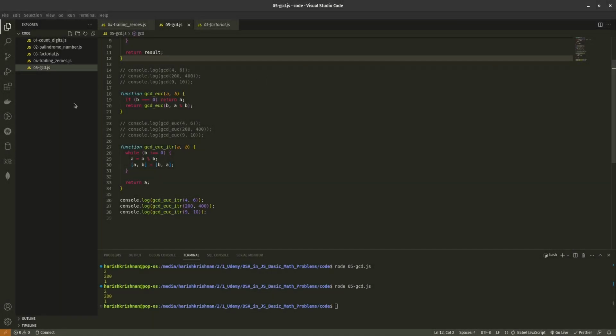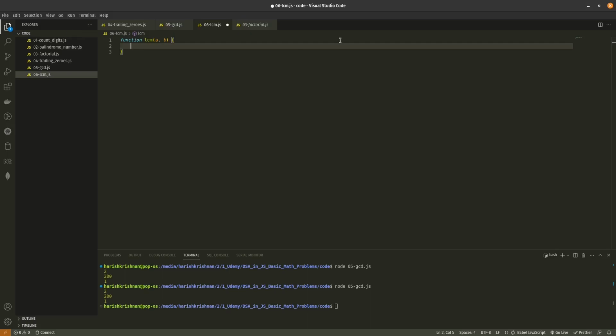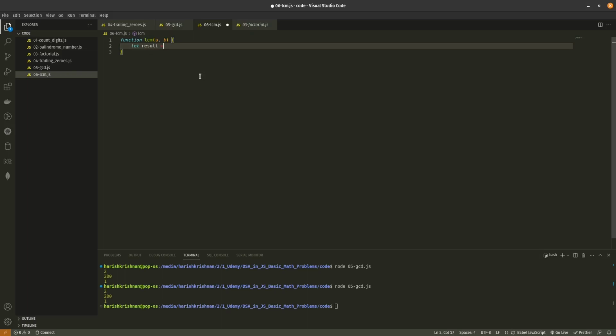Let's try to solve it in a naive way. Let me create a new file, 06lcm.js. Now let me create a function LCM, which takes two variables A and B, both numbers. Inside this, we have to find the maximum first, right? So let result is equal to Math.max of A comma B. Now that we have the maximum number, which might be a possible result,